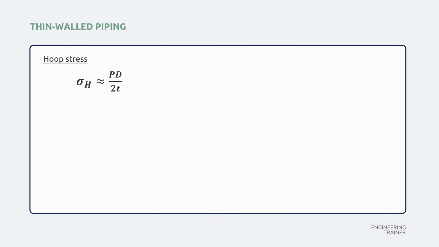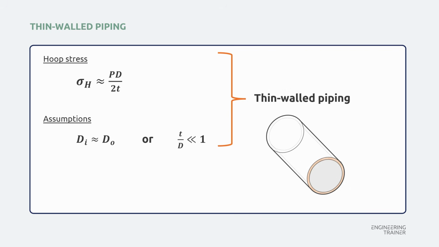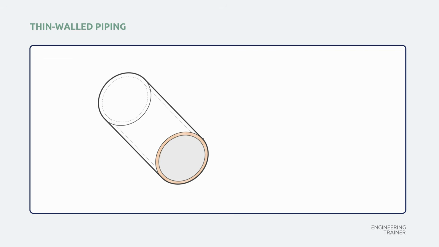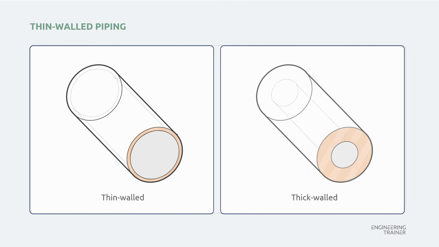To calculate the required wall thickness, in order to derive this equation, we have to assume that the inner diameter of the pipe is roughly the same as the outer diameter, meaning that the wall thickness of the pipe is small compared to the diameter. So this equation is only valid for thin-walled piping. However, for high-pressure systems, we might need so-called thick-walled piping, for which the thickness is relatively large and the assumption